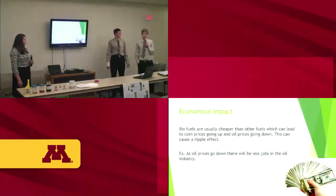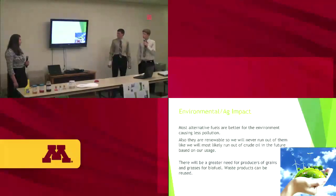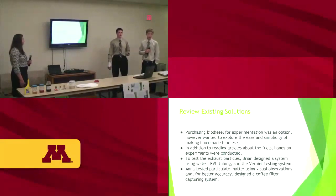like a farming industry. So most alternative fuels are better for the environment, which means they cause less pollution. Also, they are renewable, so we will never run out of them, like we will most likely run out of crude oil in the future. And there will also be a greater need for producers of grains and grasses for the biofuels, and their waste products can be reused. So some of the existing solutions we could have used during this project would have been